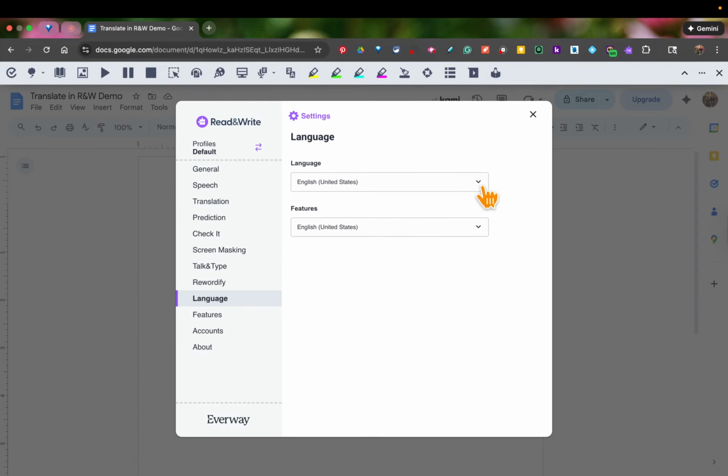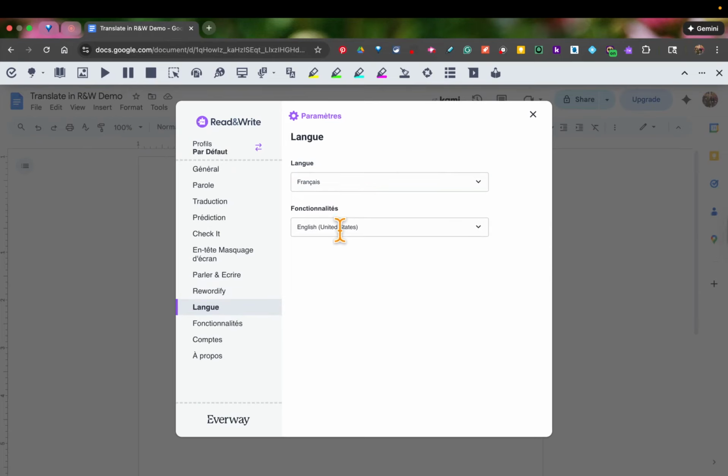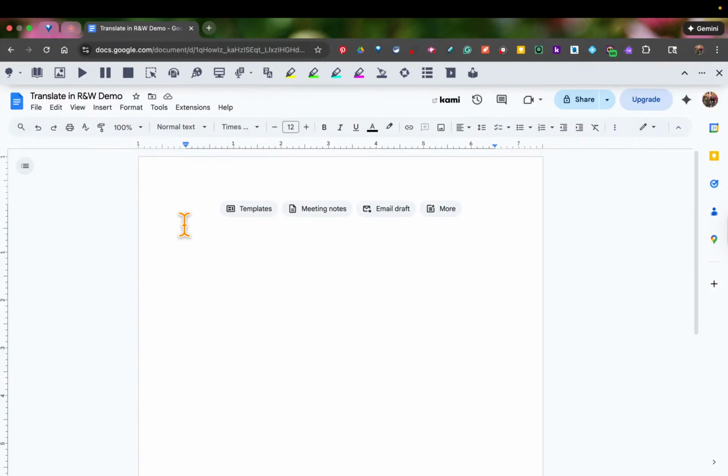So if my student is taking French, I'm going to come in here and switch the language to French, but I'm also going to switch the features to French. When I do that and I click on my word prediction box, you'll notice that my word prediction box is now in French. So if I wanted to type